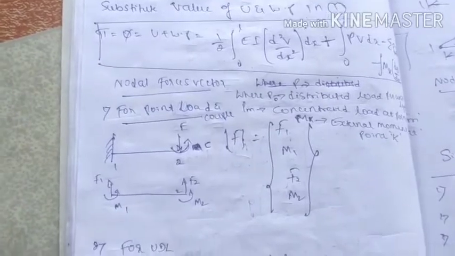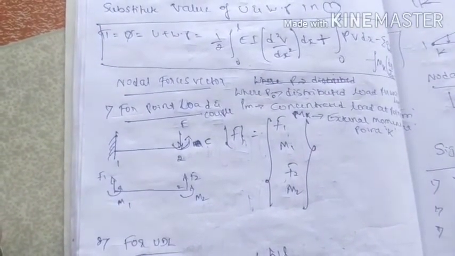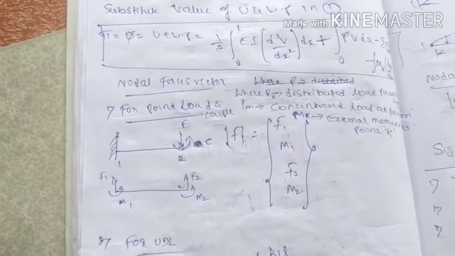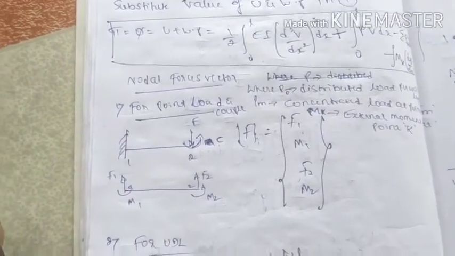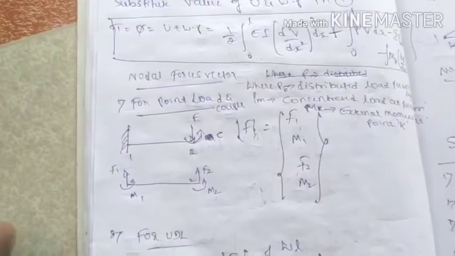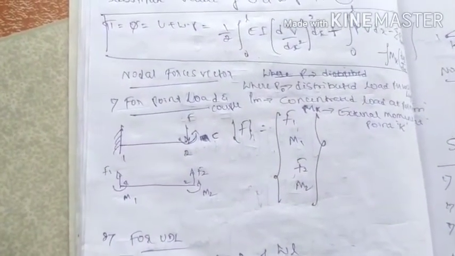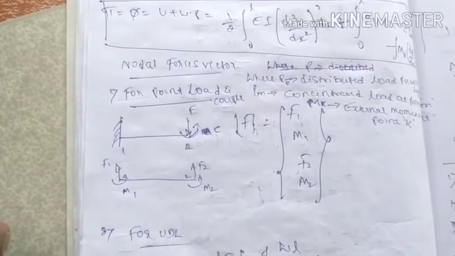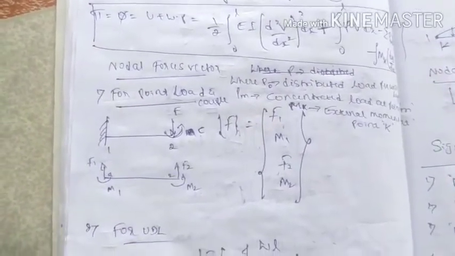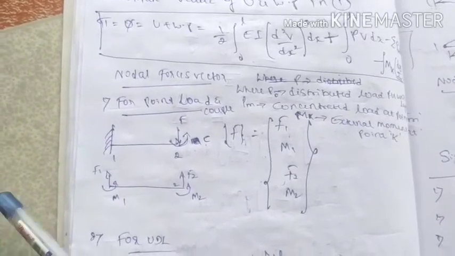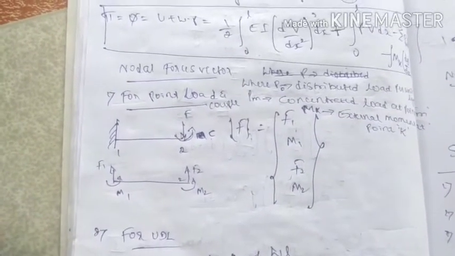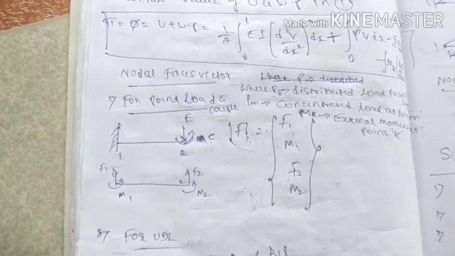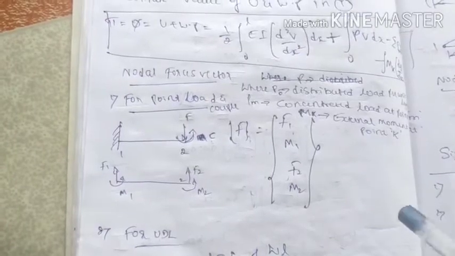As I discussed in the beginning, in a beam different loads come into the picture, like point load, UDL, UVL, couple, and so on. For those cases the nodal vector will change, so we'll discuss those first. What are the different cases and how the nodal vector will be. Here we are not dealing with any derivation. We directly write the final equation for the nodal vector for each different load case.